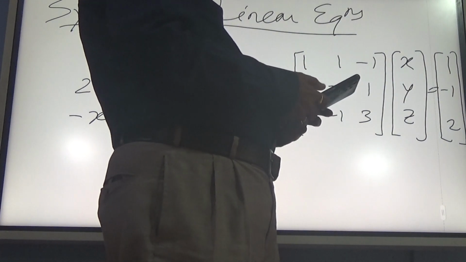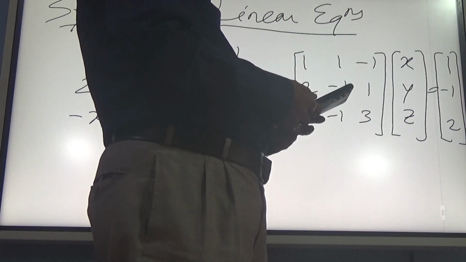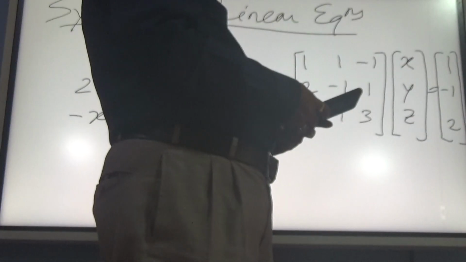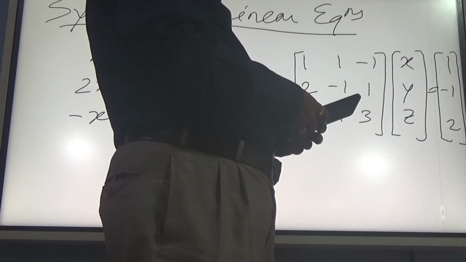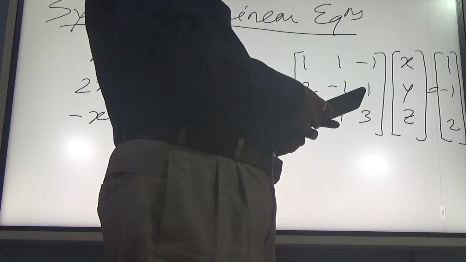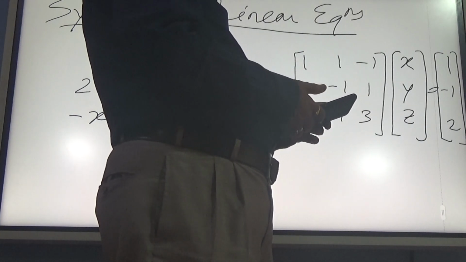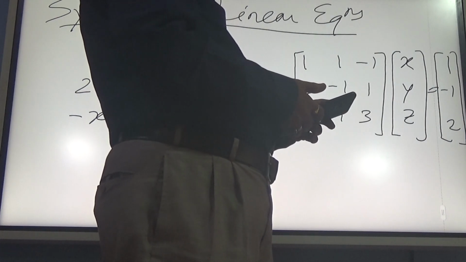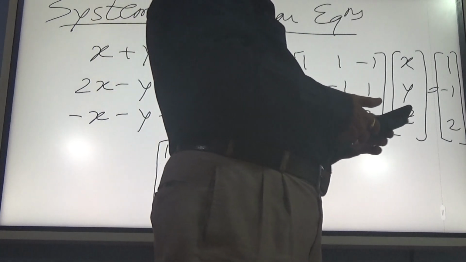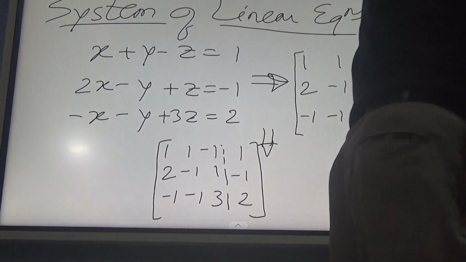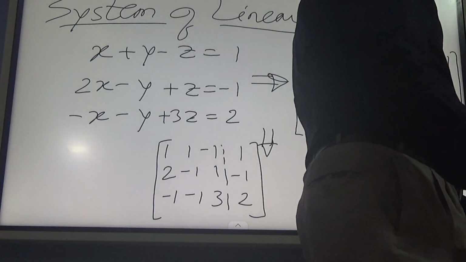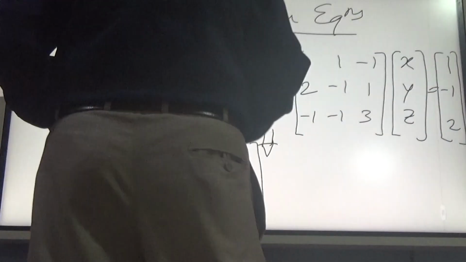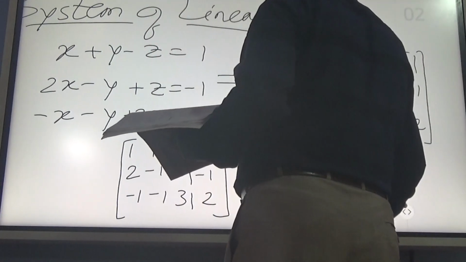So what is the echelon? Row reduced. It is called row reduced echelon form. What is the answer? We write this as it is, the augmented form